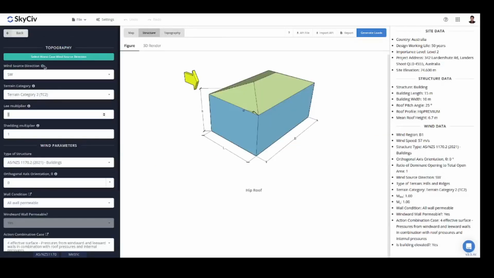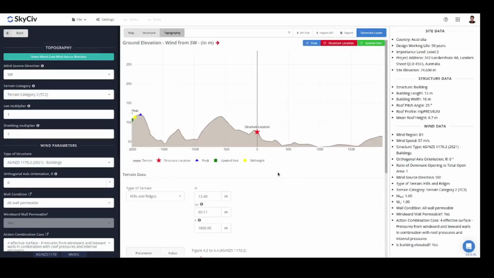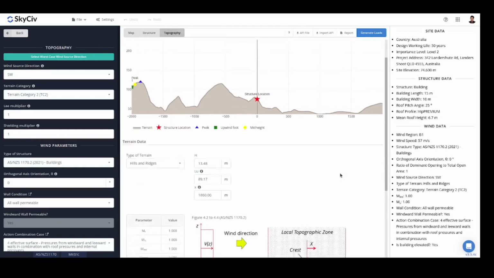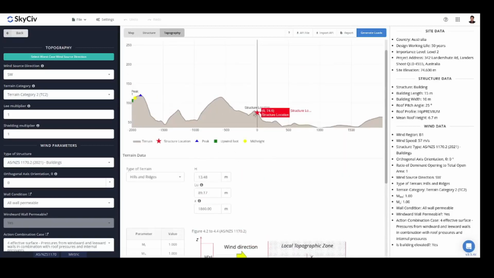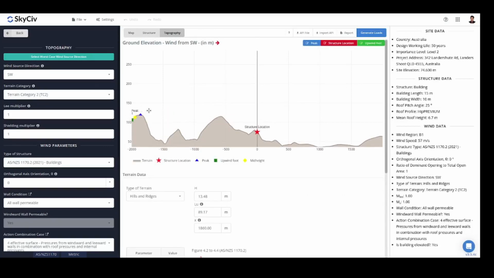So using the topography data, as you can see, the detected terrain here is hills and ridges, but the MH is equal to 1.0 since the location of the structure is outside this zone. Also, since the points here are not that great and I want to refine or update the location of these points,